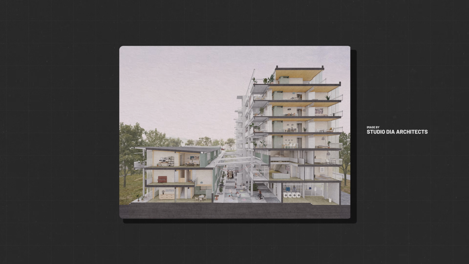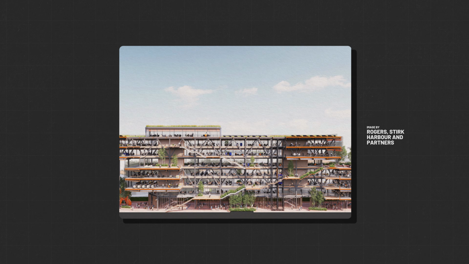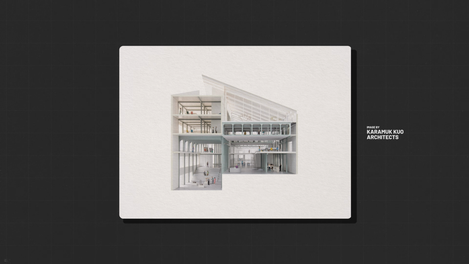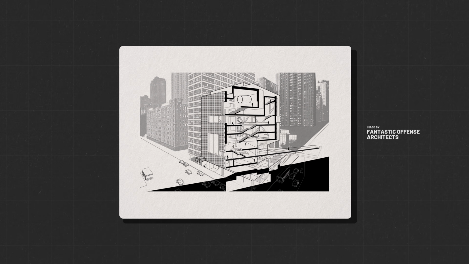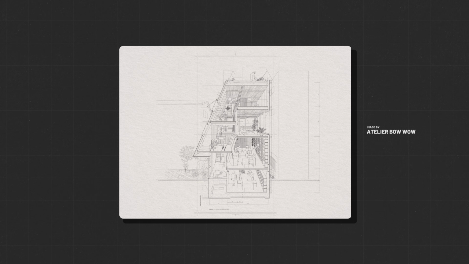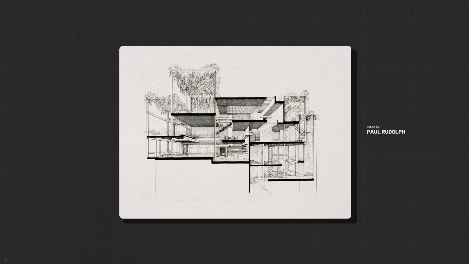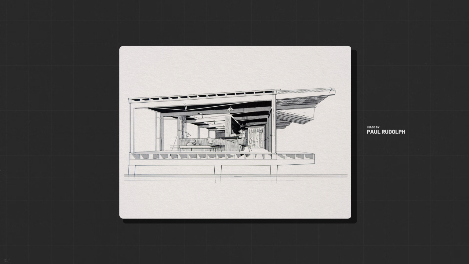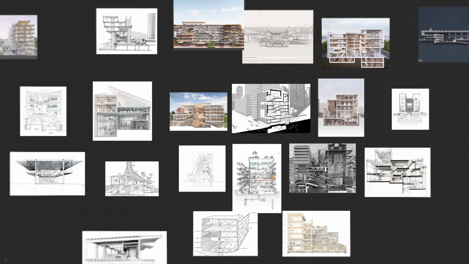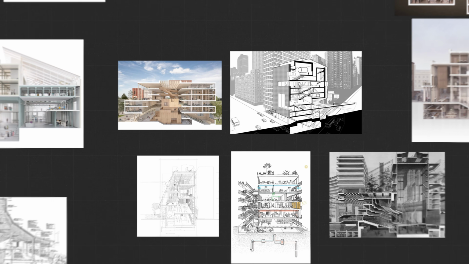As some of you know, perspective sections normally aren't required in a competition entry, but every time someone includes one, it instantly stands out. They make judges pause. They tell a story the plan or the elevation never could. Why? Because they expose everything. They show the beauty, the details, the program of the building, and if you're not careful, they can even show the, oh, sorry, I didn't have time to finish that part, areas. But when done right, they explain a project in seconds, how it functions, how it breathes, and how it connects